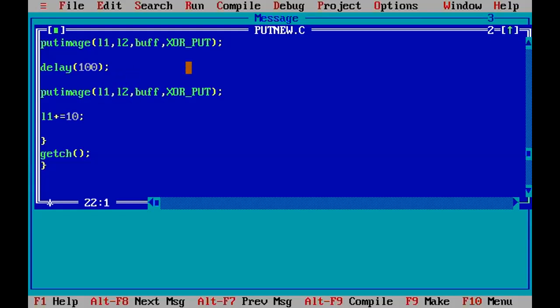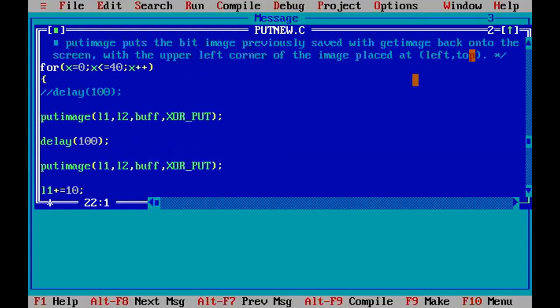Now you can implement these functions within a program that you have done earlier to rotate a ball in a circular motion. The same logic can be applied as I have shown with the movement of the rectangle.